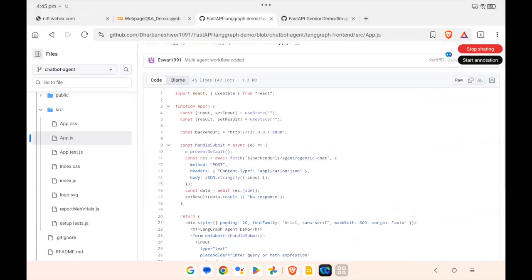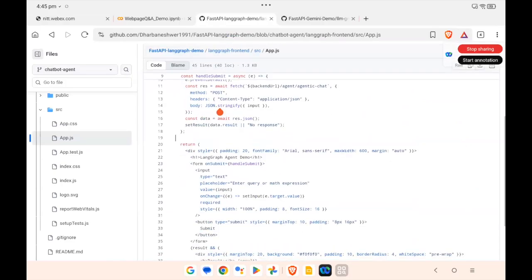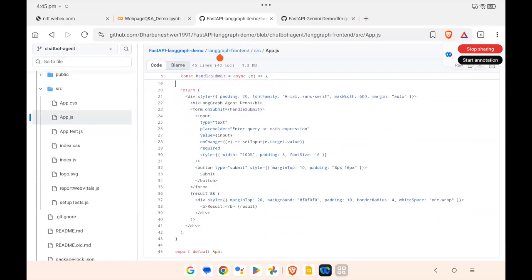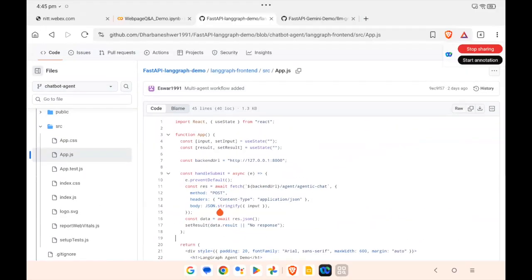It's happening here. As you can see, you have agentic chat, which is the endpoint name, and I am supplying the input, which is the input text from the user. And finally, we get the response. So with React, you can think of it as connecting the endpoint with the UI code. All of this, like the div, is basic CSS setup. I'm creating a form, putting in the style, font family, all those. These are some UI setups. The main concern here is how you are linking the endpoint with the UI input. That is happening here.